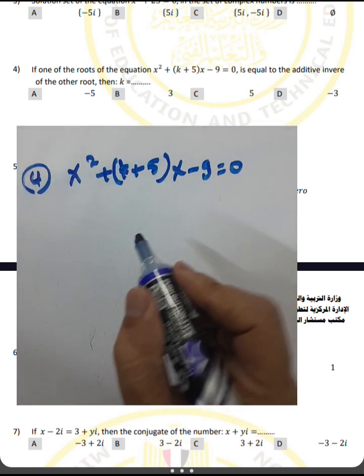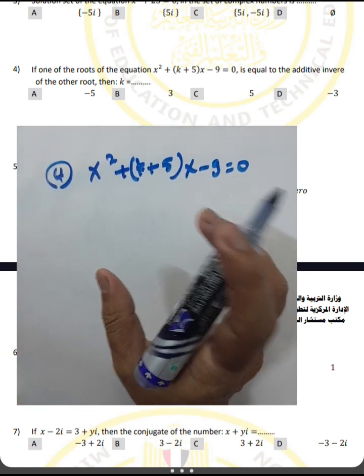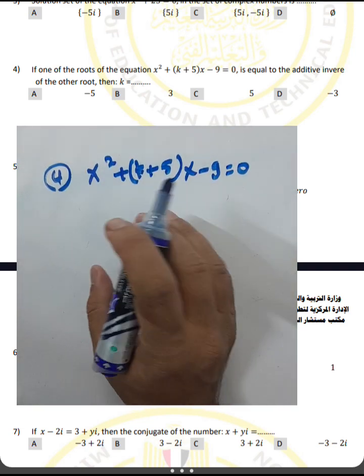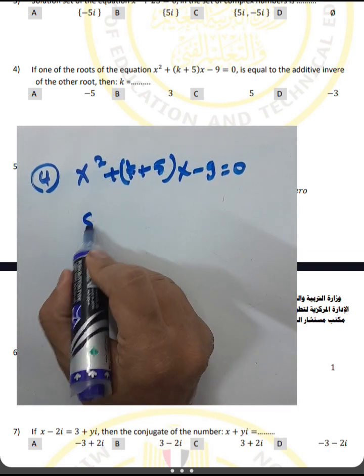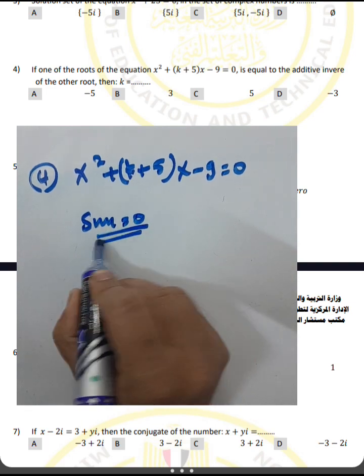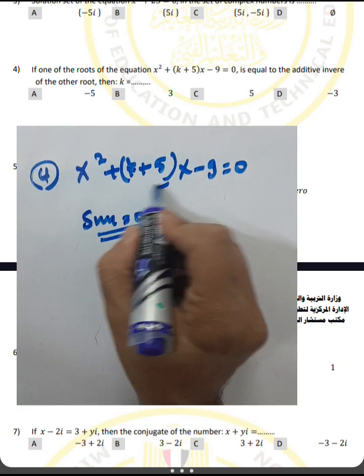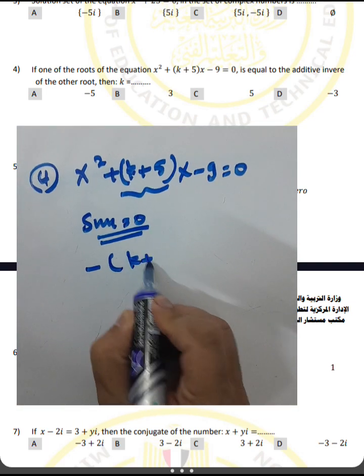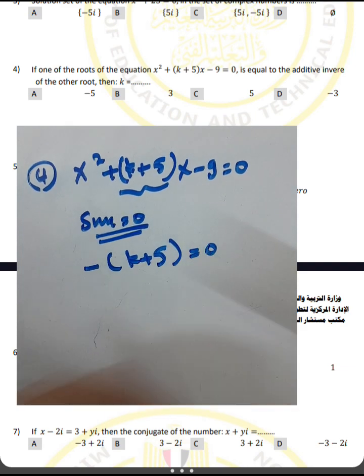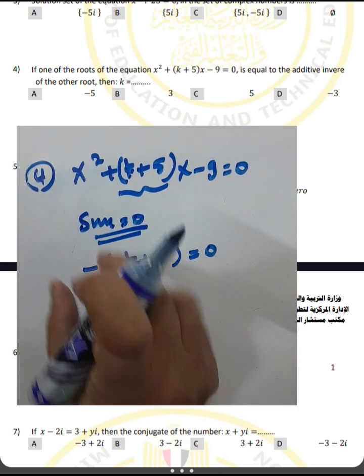Okay, what about one of the roots of the equation being equal to the additive inverse? It means the sum between them, the sum of two roots, will be 0. Where is the sum of two roots here? It will be negative k plus 5, and it will be equal 0,